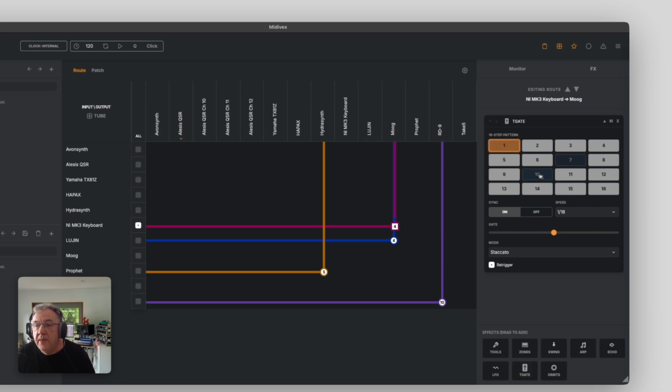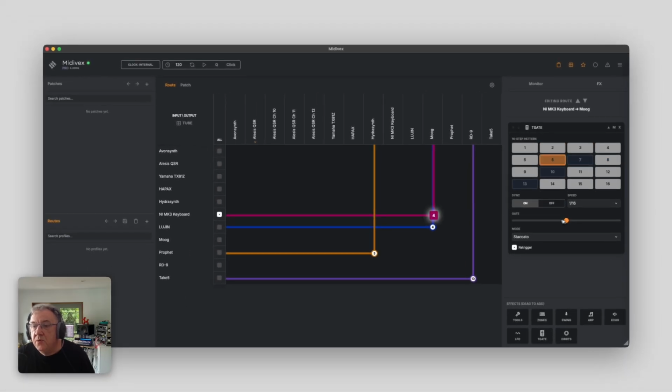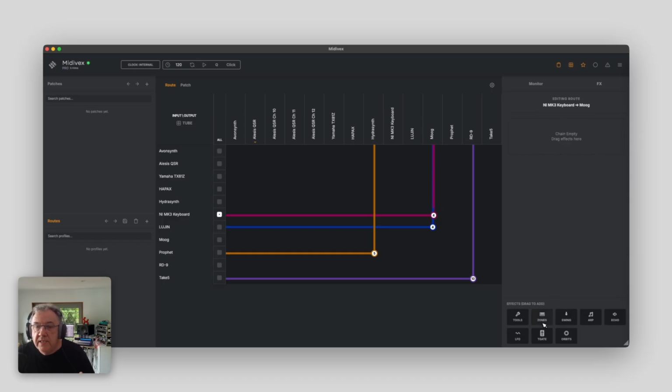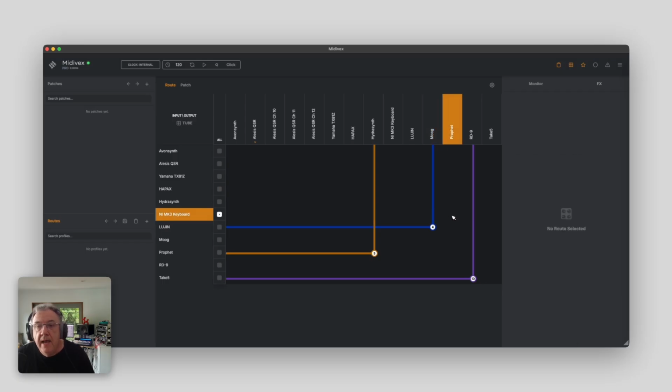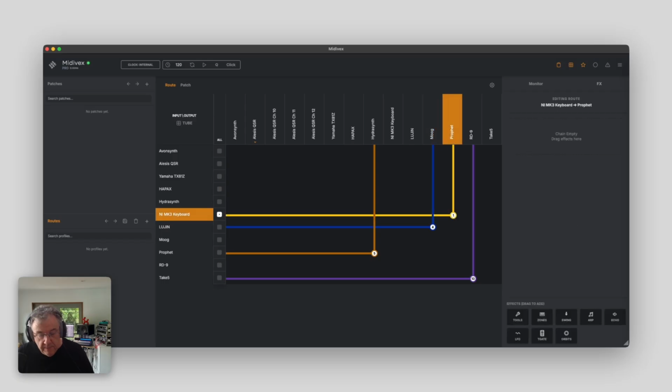Of course I can put the different patterns that I'd like to have here. We can change things like the gate or staccato or re-triggers and the speed of those as well. So you get an idea of what's there, but we could also take that a little bit further. How about we went back to the Prophet, just to give you an example,